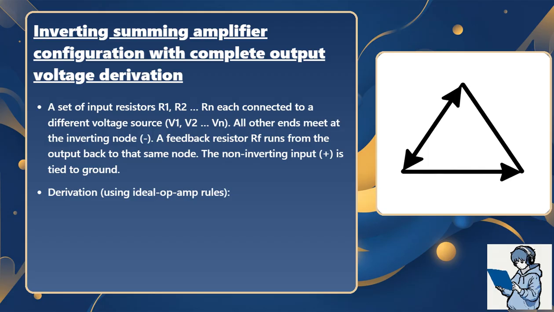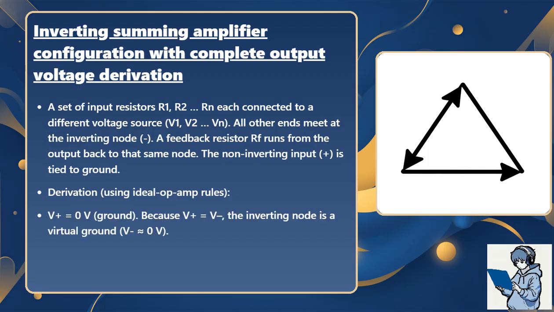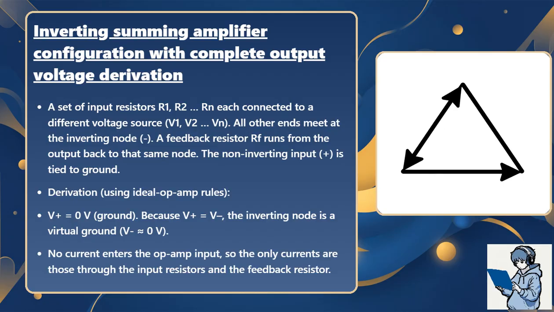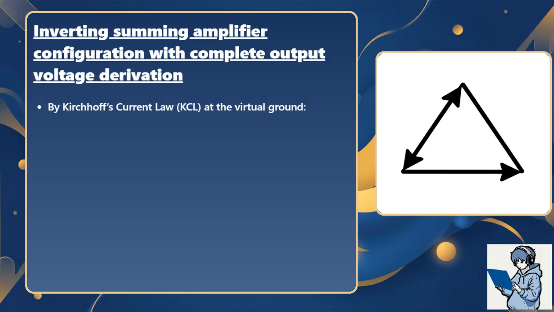Derivation using ideal op-amp rules. V plus equals 0 volts, ground. Because V plus equals V minus, the inverting node is a virtual ground, V minus approximately 0 volts. No current enters the op-amp input, so the only currents are those through the input resistors and the feedback resistor. By Kirchhoff's current law, KCL at the virtual ground: